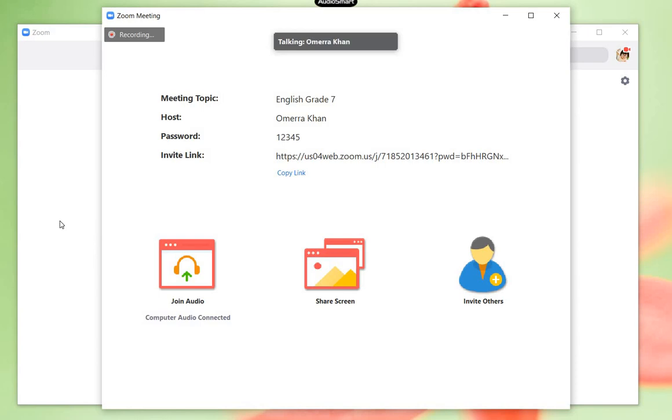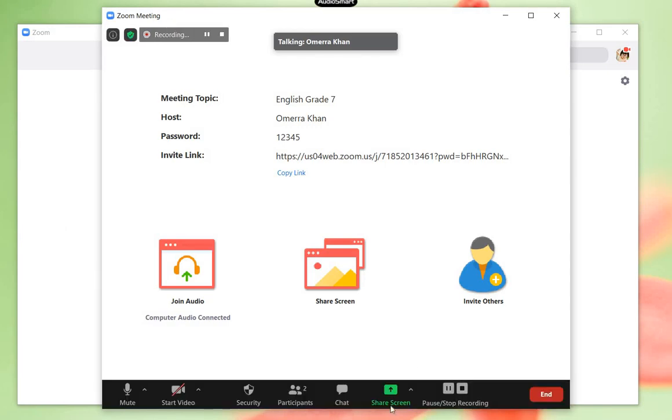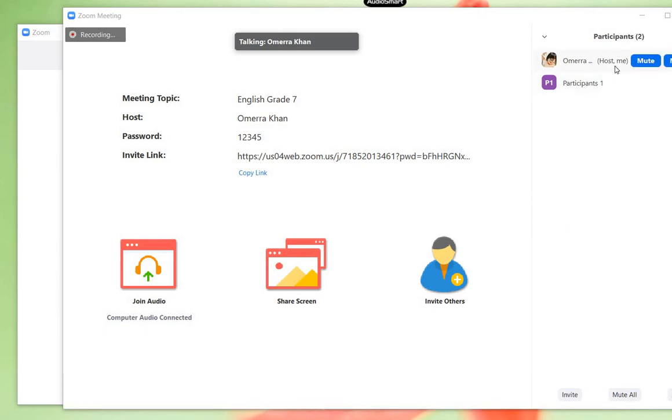The participants would come with their names, so you can take the attendance at that time, how many students are present and how many students have joined you. Okay, now I have entered the ID and the password in my mobile and I have joined the meeting. You can see here that the participants are two. Number one participant is the host and number two participant, I have joined this meeting from my mobile.